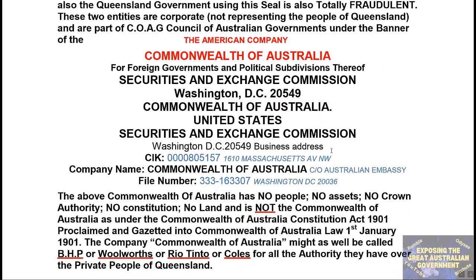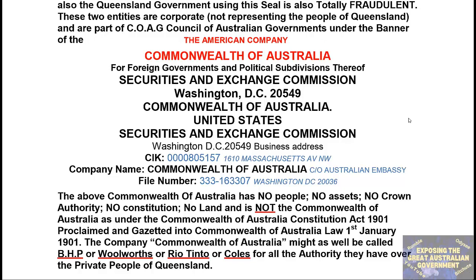Their business address is 1610 Massachusetts Avenue, Northwest, Washington DC 20549. They have a CIK number 0000805157. The company name, in all caps, as you can see, is Commonwealth of Australia, care of Australian Embassy. The file number 333-163307, Washington DC